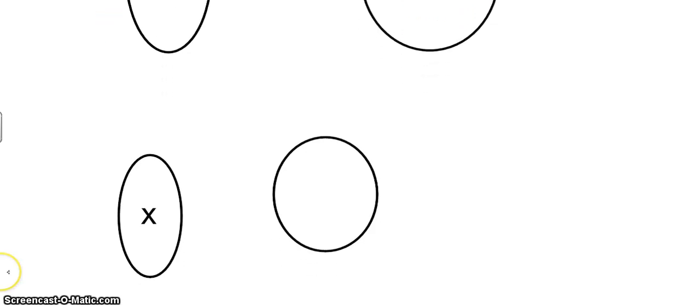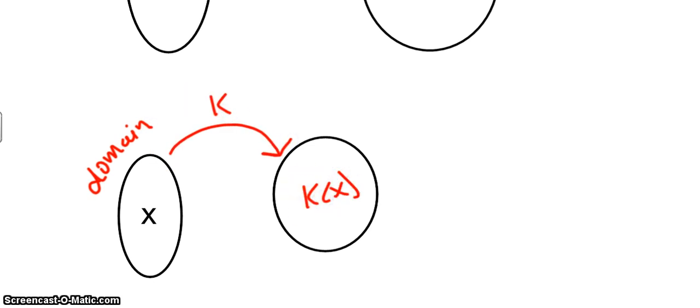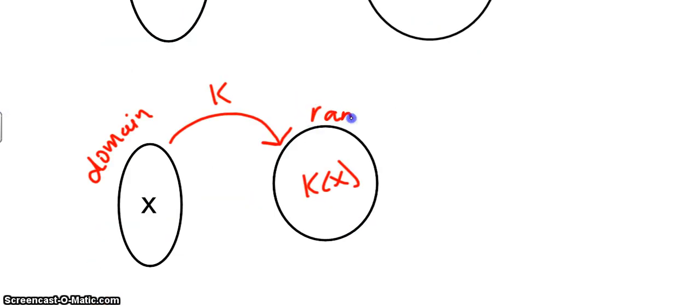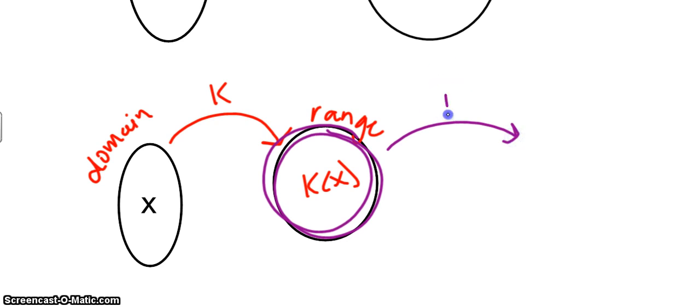Well, composing functions means taking a function and then putting it inside another function. So I'm going to start with that domain. I'm going to apply function k. Let me get back k of x. And we call this, what color did I use up there? Oh, I kept it red. This was the range of k. But now, I'm going to use whatever the range of k was, and I'm going to apply, we'll say function j,